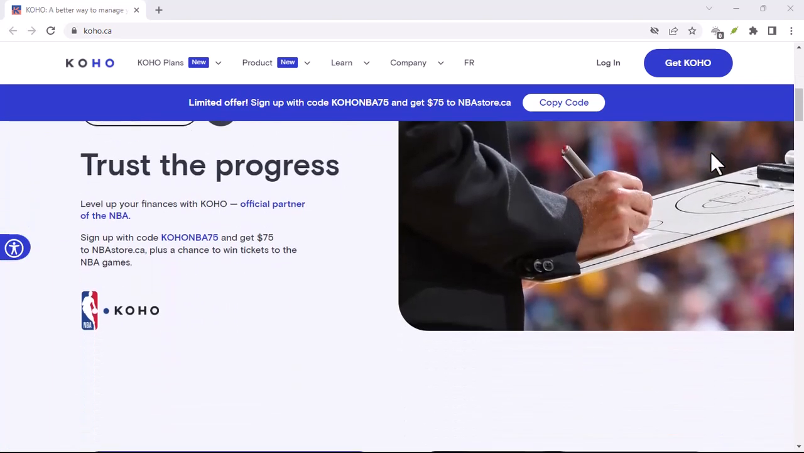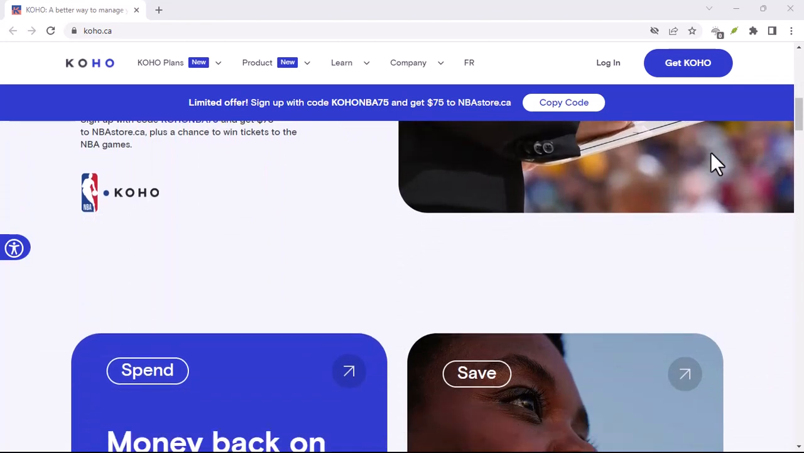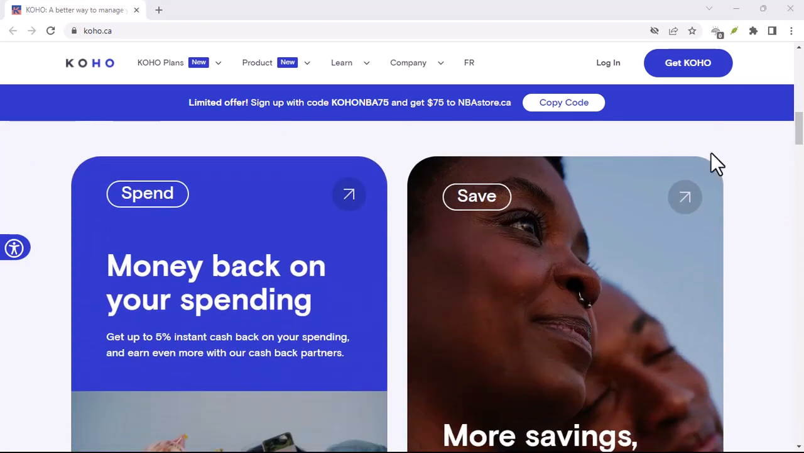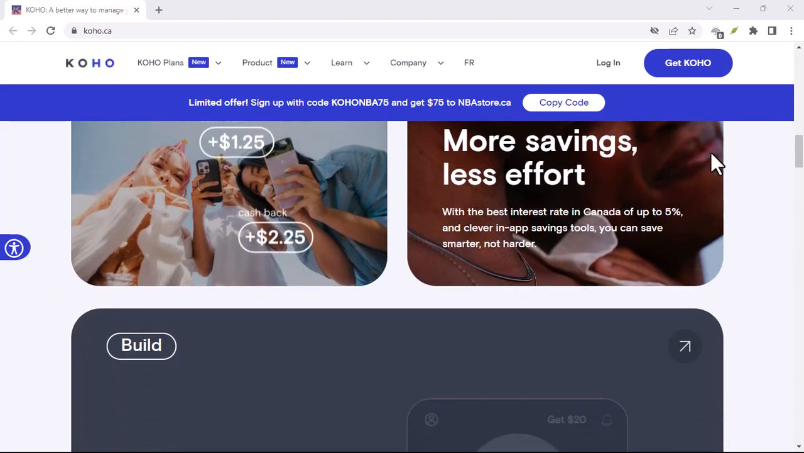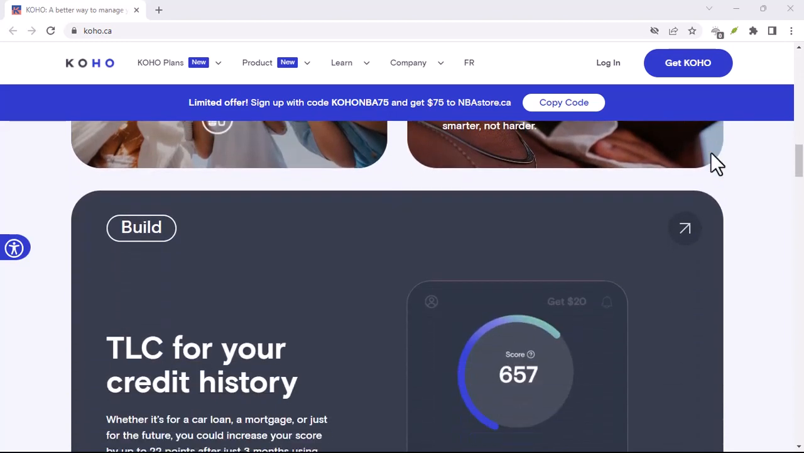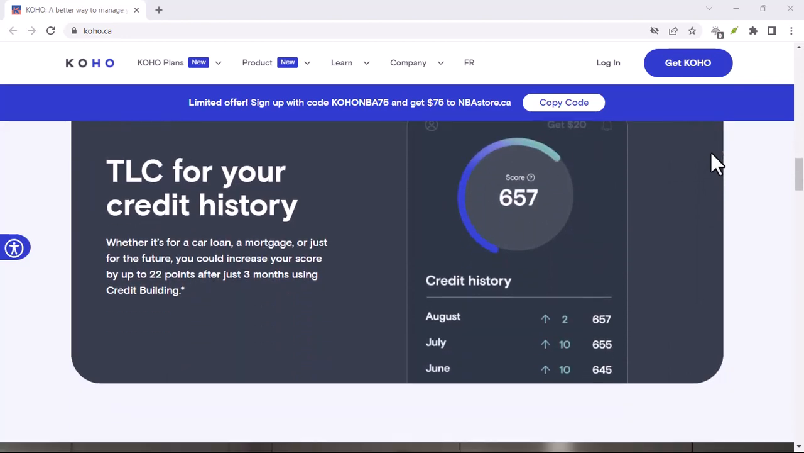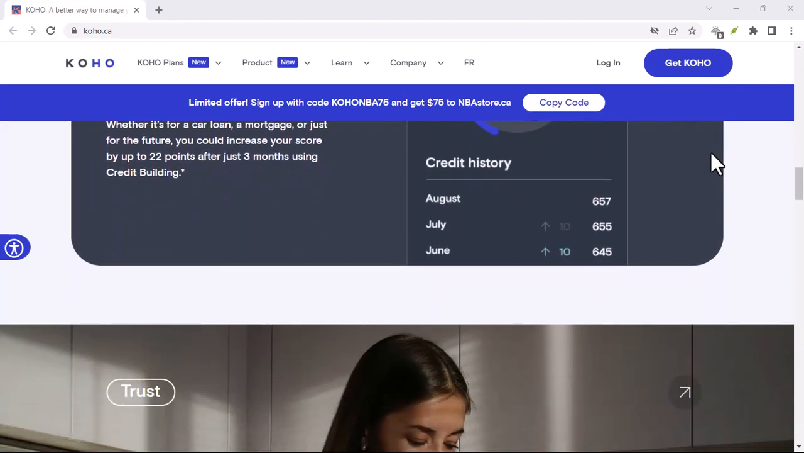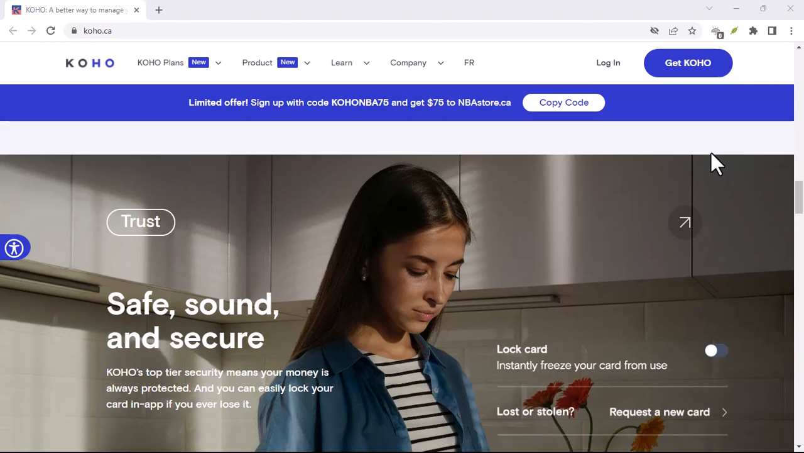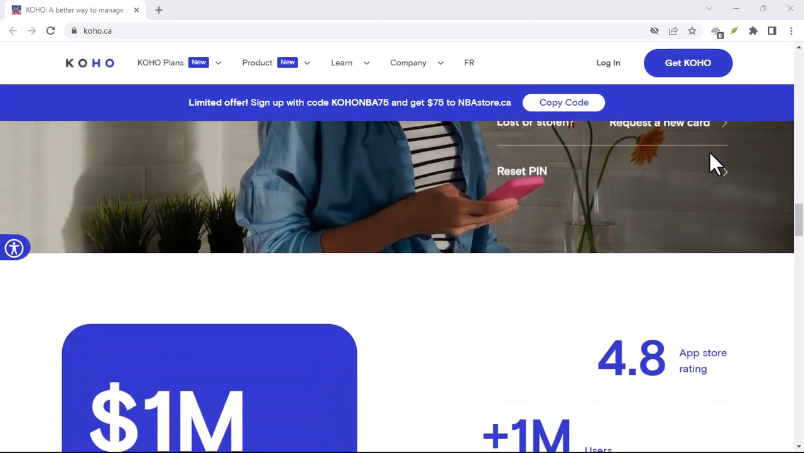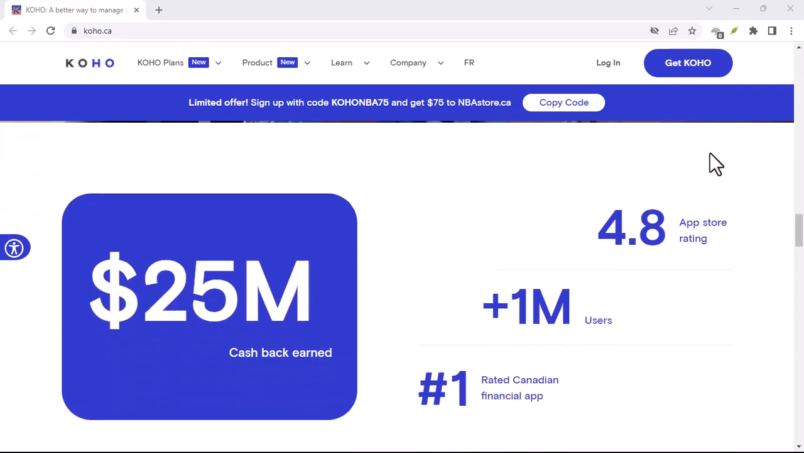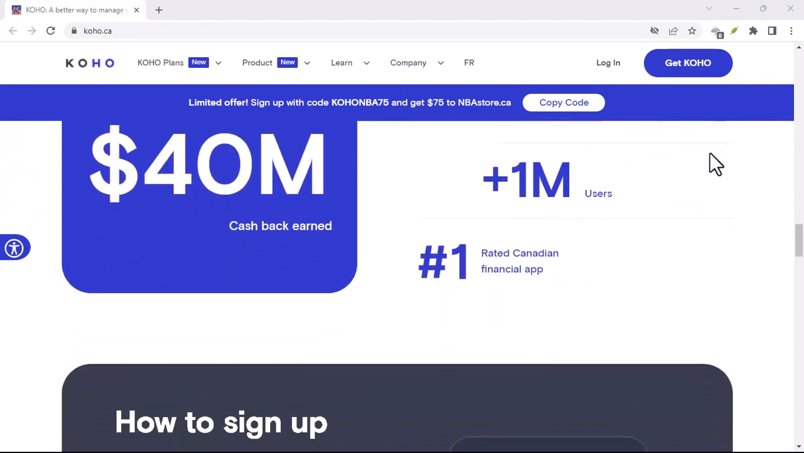KOHO transfer limits, the takeaway. KOHO's transfer limits are designed to be user-friendly and cater to most everyday financial needs. With generous limits on direct deposits and receiving Interac e-transfers, you shouldn't have any trouble getting money into your account. The K2K transfer feature makes splitting bills or sending a quick gift to a friend a breeze. Just remember to be mindful of the daily and monthly limits on the number of transfers, and always check the specifics for your KOHO plan to